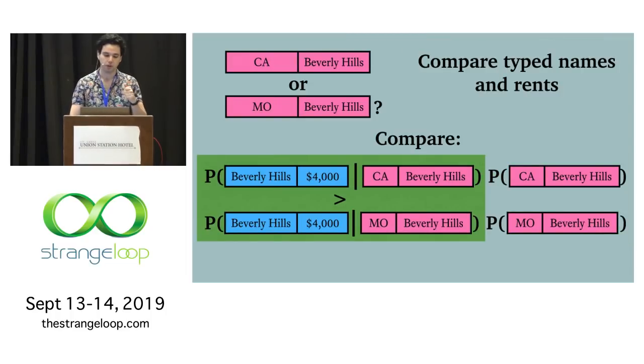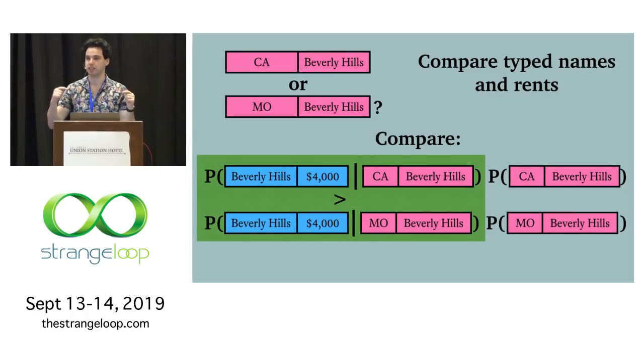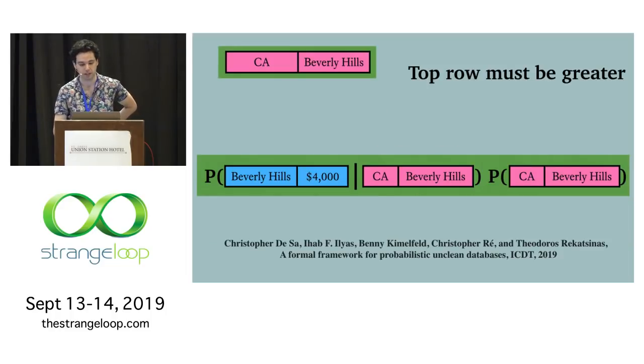And over here, there are sort of two things that are playing into this. There are two observed values, the typed city and the rent. Now, the typed city, Beverly Hills, is explained equally well by both of our hypotheses. Because in both of our hypotheses, Beverly Hills is the actual city name that the person meant to type. And in both of the hypotheses, 0 typos were required to get us to Beverly Hills. But the rent is explained much better by the top row than by the bottom row. And so overall, we're going to say that the top row is better than the bottom row, and we can choose Beverly Hills, California.